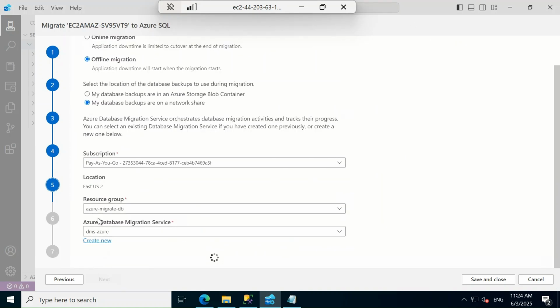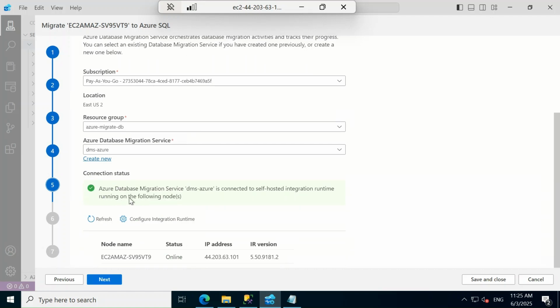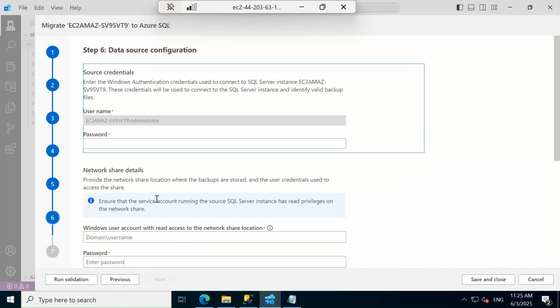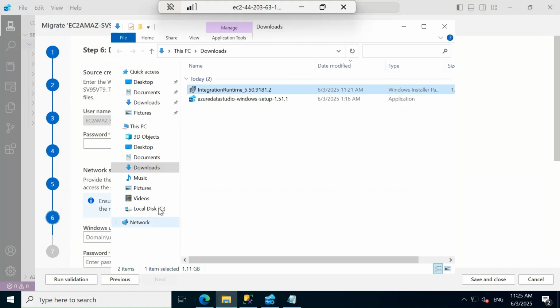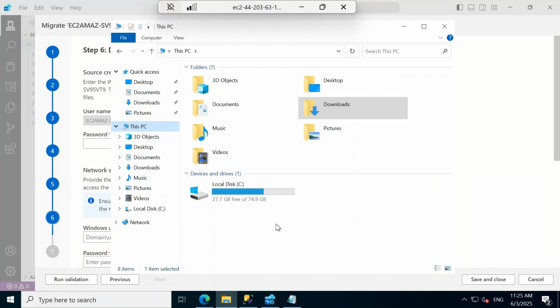Just refresh here. Okay, so now you can see the connection status is running and you can see the SHIR online. Now click next, and now we require the network share detail. By default there is no network share detail in this machine, so we have to create a mounted drive. And in AWS,